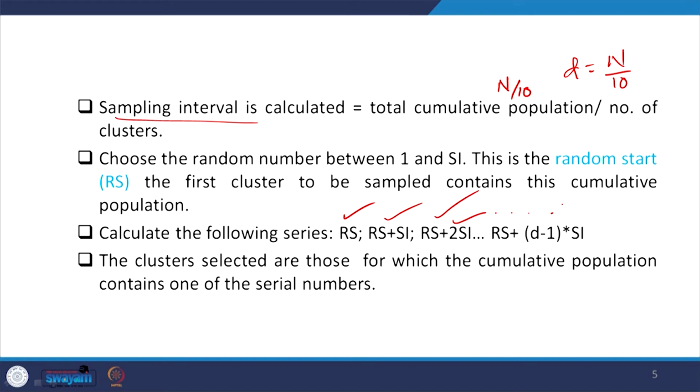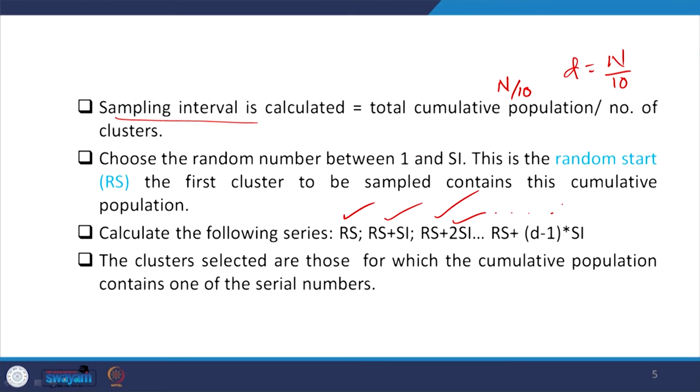So, basically in this method, first of all we followed a systematic addition of the population, or cumulative population, and we divide it into different clusters. Why do we divide into clusters? We wanted to make it random, as if each cluster has an equal chance of selection. Now randomness is attached, the cluster approach is attached, and we also followed a systematic approach, systematic sampling design.